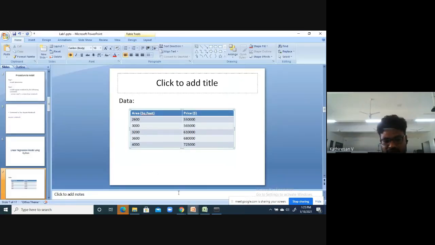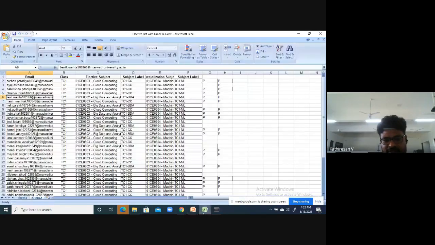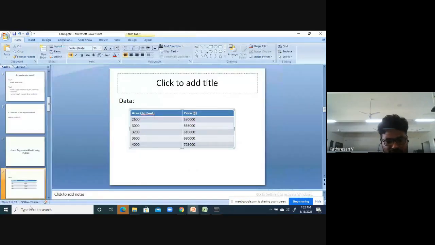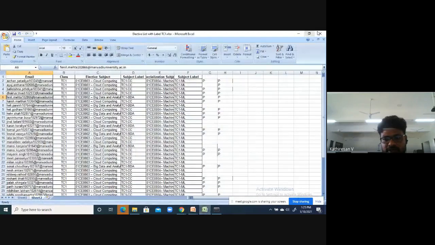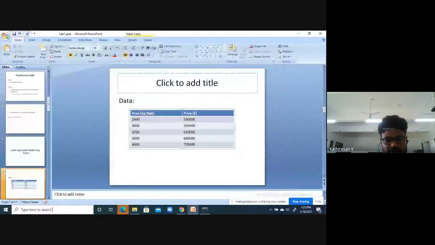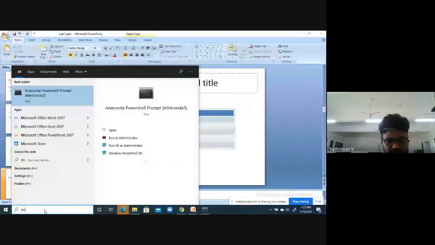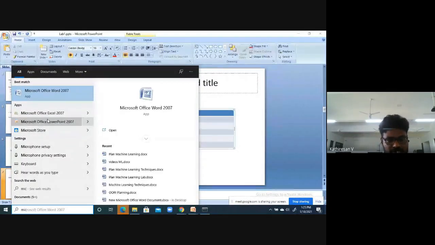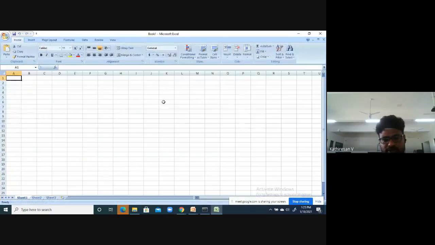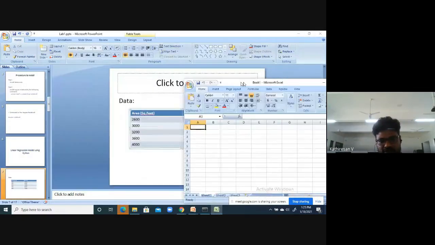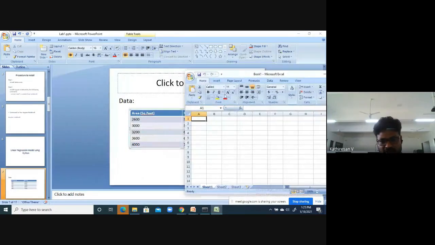So open an Excel sheet. I will close this Excel sheet and open Microsoft Excel. Once you open it, see here what columns we have: area.